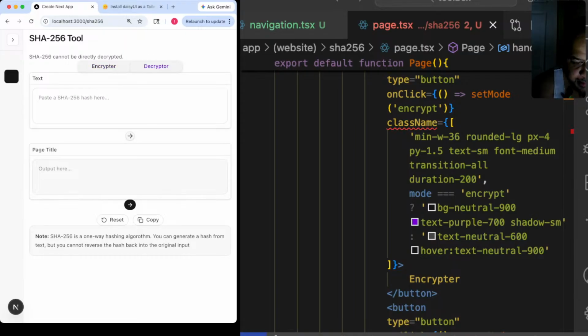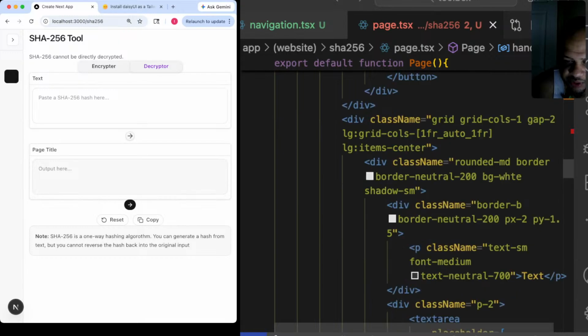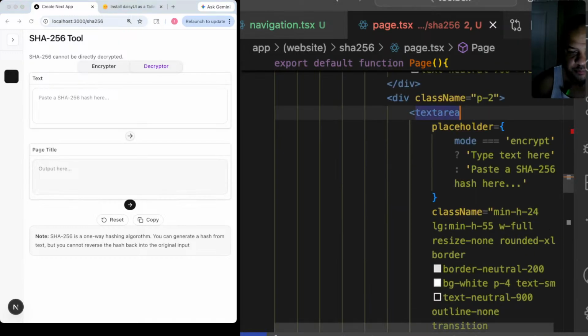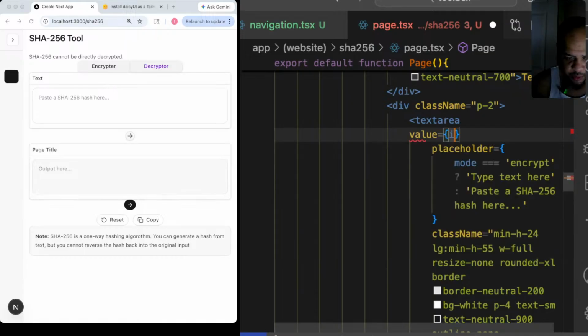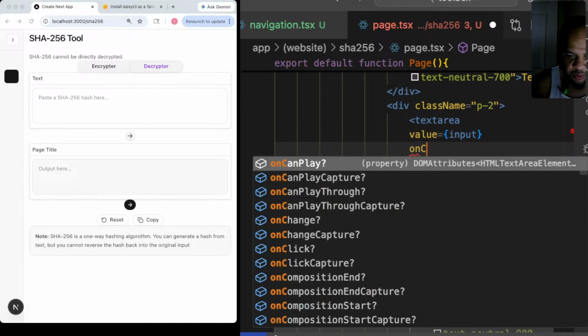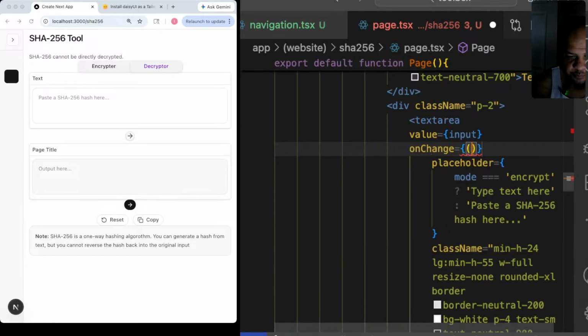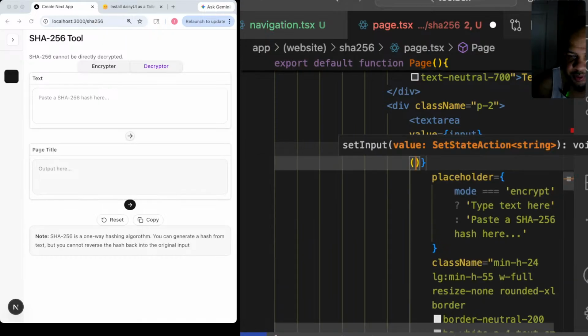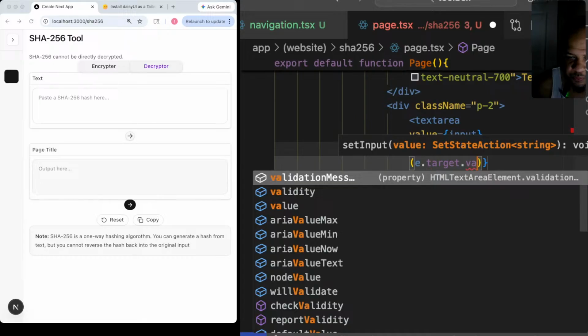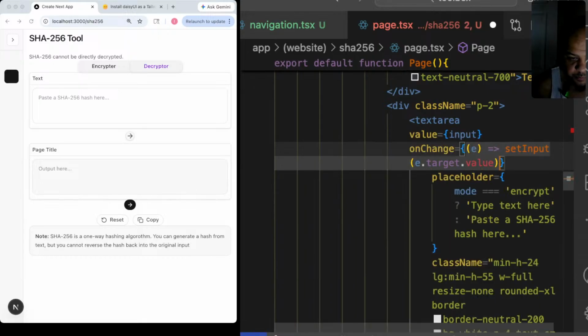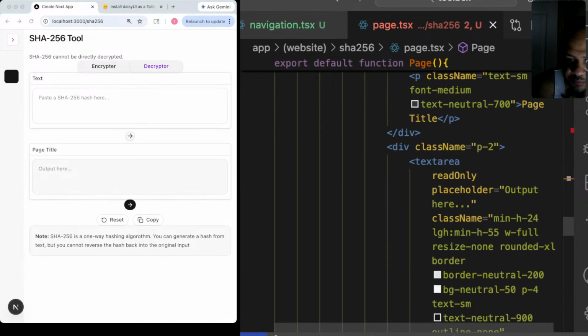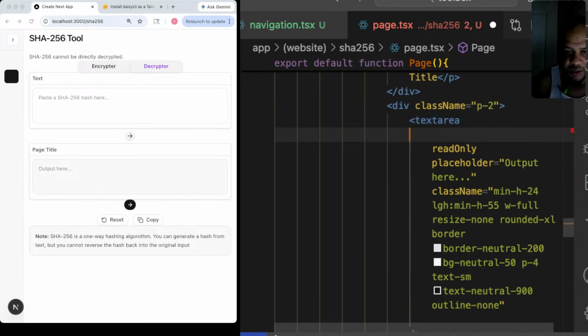All right. So let's go to the text area. We'll give this a value of input, and we'll just go on change, listen for the event, and from there we'll set the input to e.target.value. Click save there, and we just need to add the next one, which will be for the output. We'll go value of output,